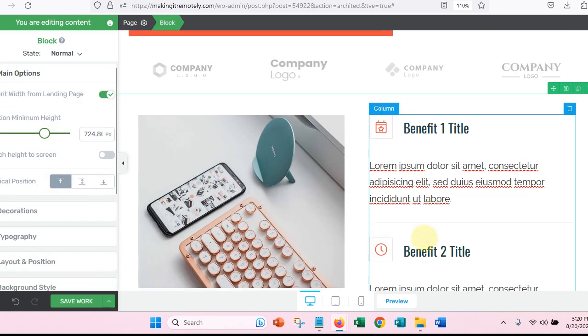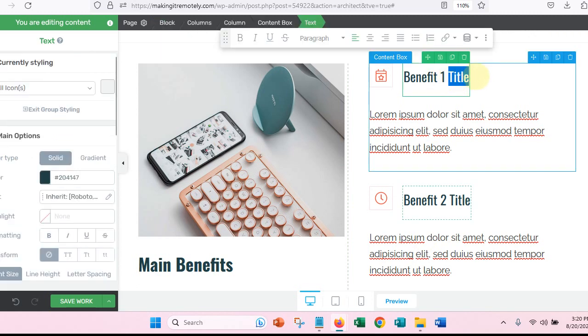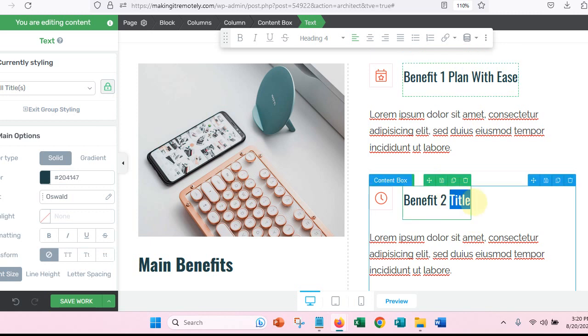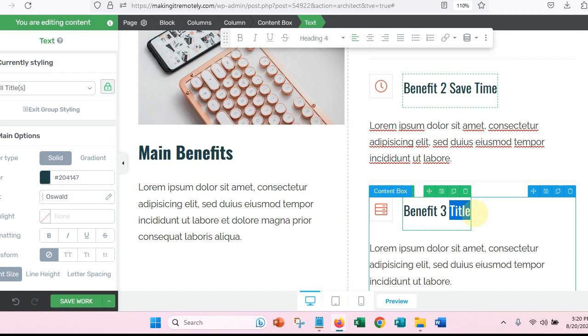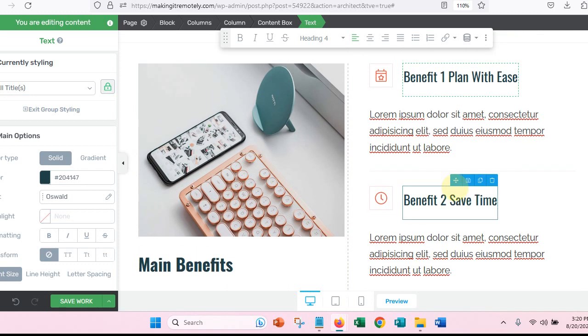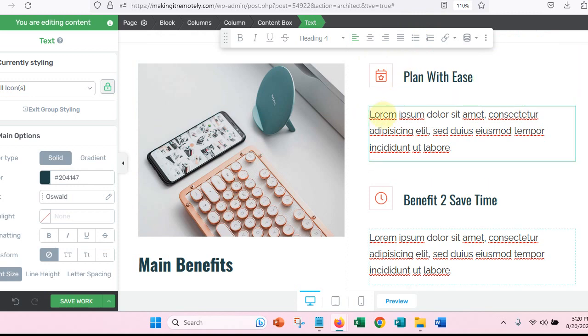Okay, so now we're going to say benefit number one is plan with ease. And then number two is going to be, I don't know, save time. And number three could be print as needed. Okay, so then the first benefit is going to be plan with ease because there are sheets,